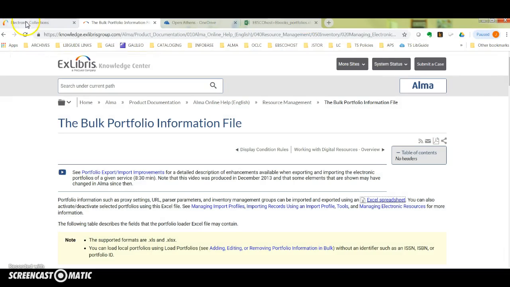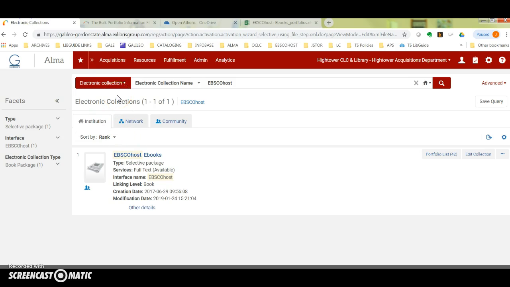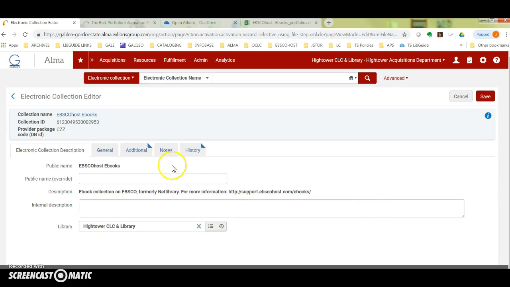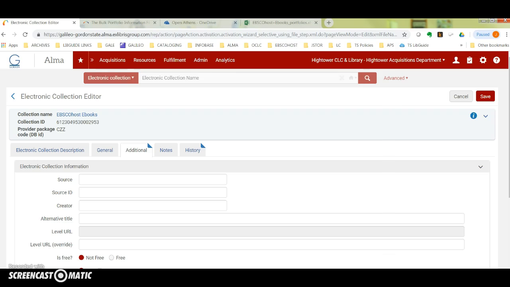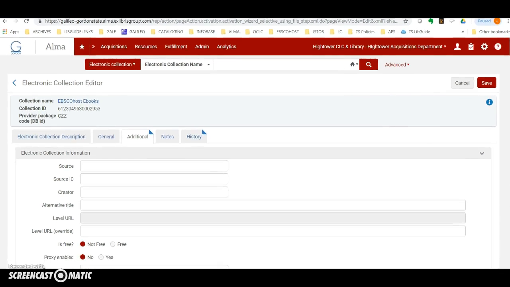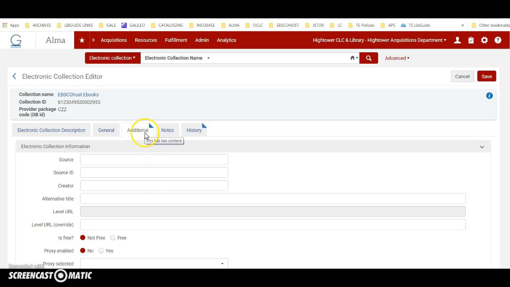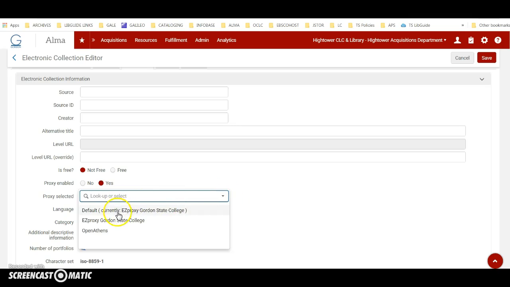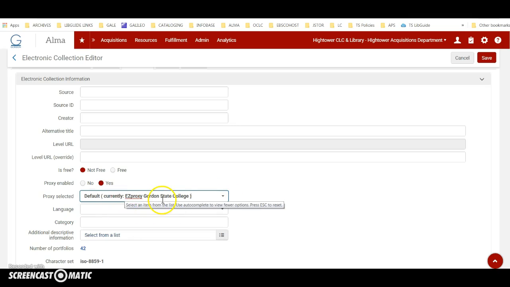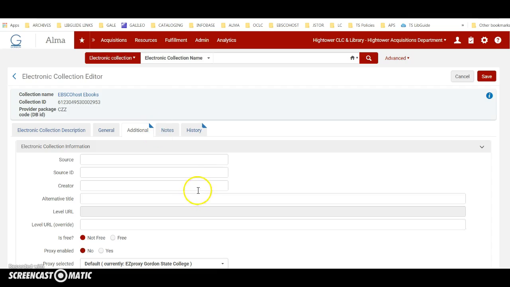So basically what you do is you just go to electronic collection name, and search for the collection. We're working on EBSCOhost ebooks, and we're going to click on Edit Collection, and then under General, under the Additional tab, you're going to see it did say yes, and it was on default easy proxy Gordon State College. That's what it was. So we're changing this to no, and we're on the service level,